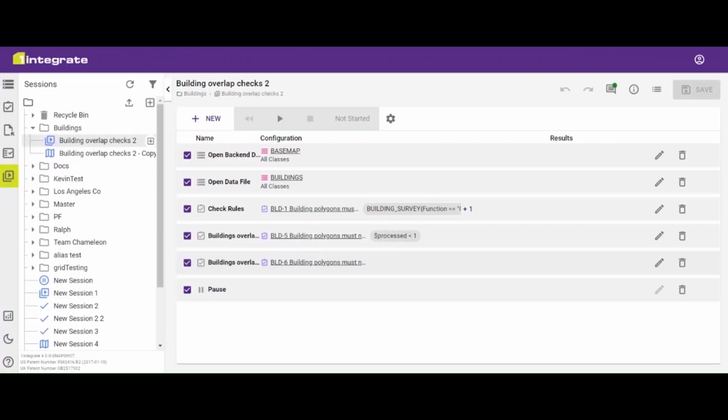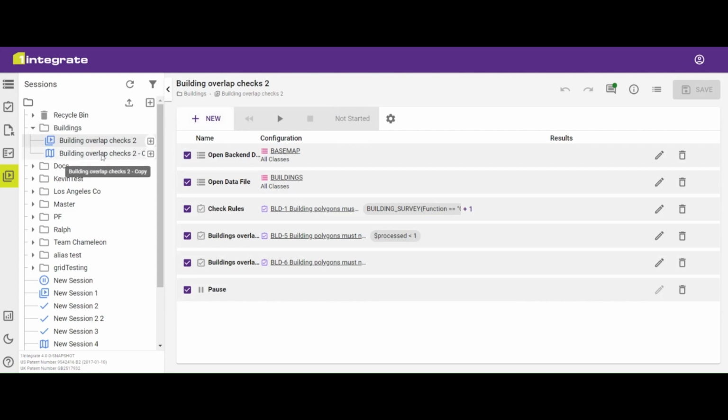In this video, we're going to take a look at the running of sessions, session controls, and the results that we get from a session. The session controls are at the top of our session workspace here. We can see we have a play button, a rewind button, and also a stop button. When a session is in progress, we will also see a pause button. And this area next to those buttons gives us the current status of the session. In this example, we can see it hasn't been started.